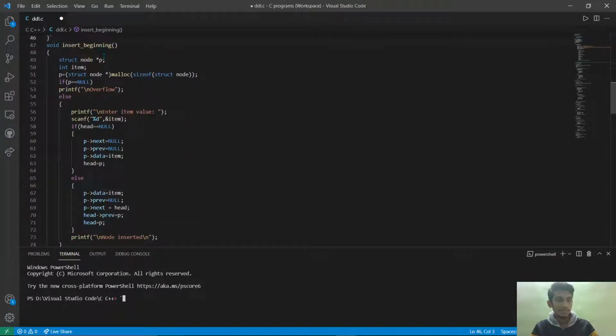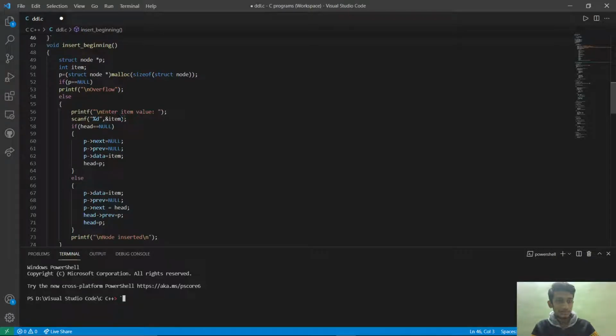For insert beginning, I have declared a pointer variable p of the data type struct node, and int item is just to get the data value. And p is equal to malloc, which is used to create memory space for the node, and if it is null, it will be considered as overflow, meaning no other element can be added.